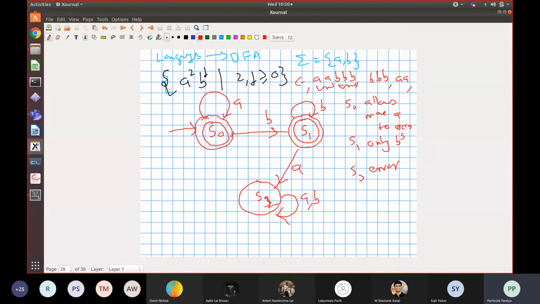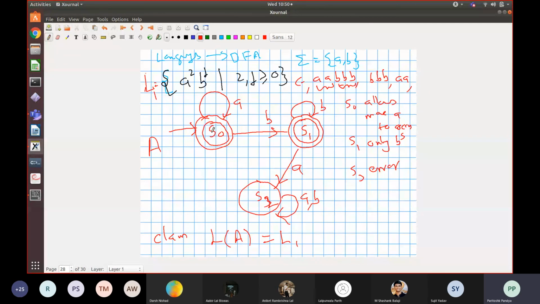Now, the claim is that the language recognized by this automaton, the set of words accepted by this automaton, are exactly the words in this language. So here I had some language called L, let us say, and here I've got an automaton A, and the claim is that the language of automaton A is the same as, I'll call this L1, is L1, right? So this language and this automaton define the same language.